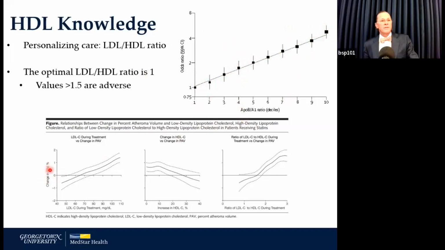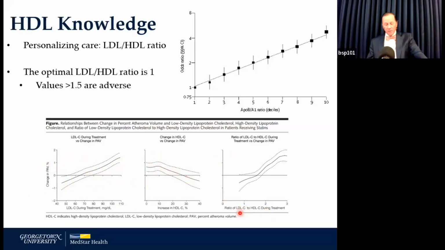This is on regression of atherosclerosis. Ori said the mantra, atherosclerosis can regress. Indeed, it can. This is percent change in atheroma volume. Anything above this line would be progression. Anything below this line would be regression. And the horizontal lines would be stable atherosclerosis, measured inside a coronary artery using intravascular ultrasound. So you can see at an LDL above 70, people progress. So 70 sounds like a pretty good goal, except the lower your HDL, the more you